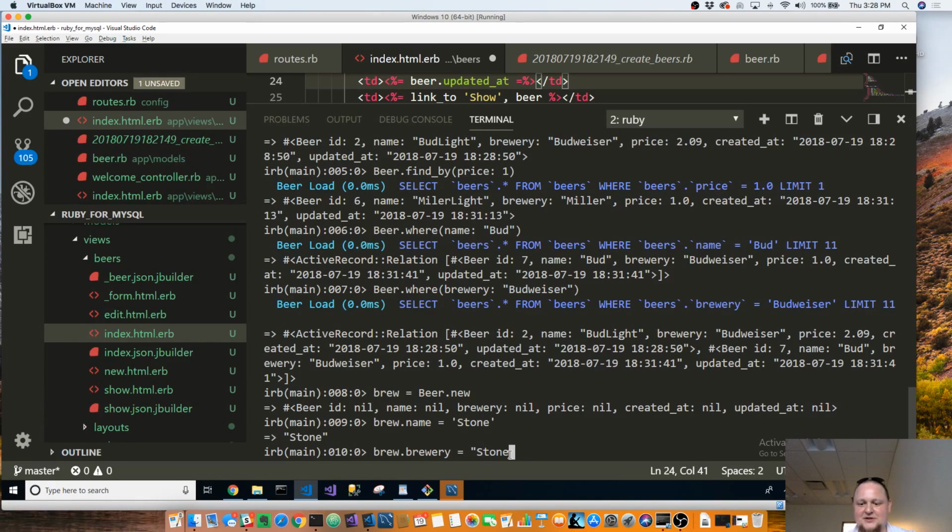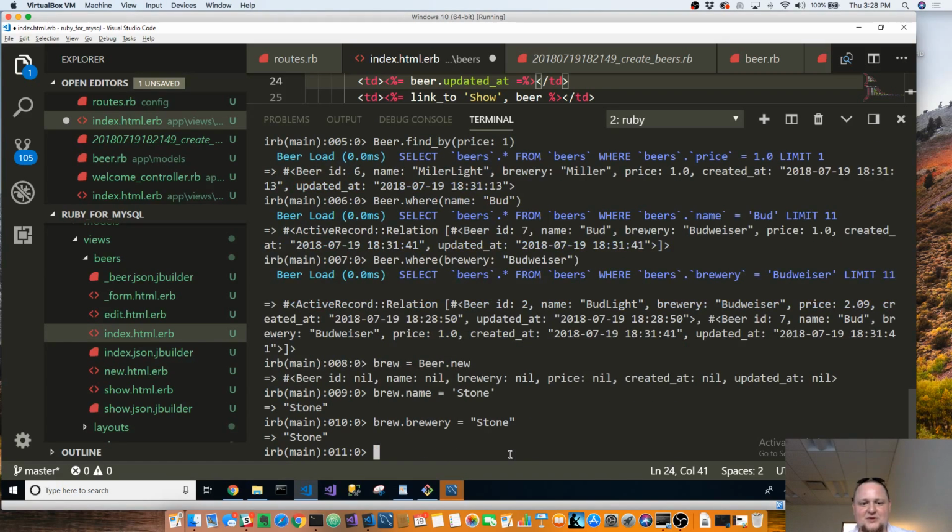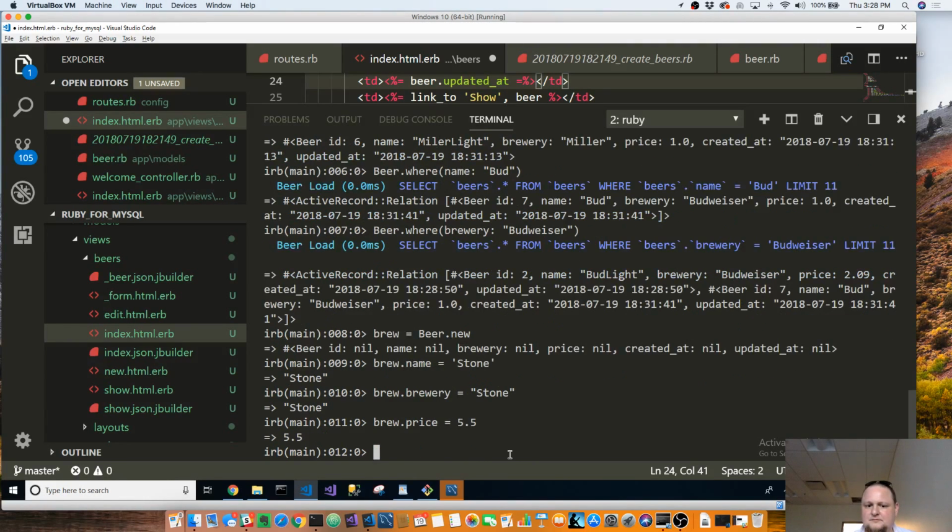So we're just going to do stone, and then we need a price. 550. So why did you put a single quote on? They're interchangeable for the most part, but if you ever do a string interpolation, you need to use double quotes, because single quotes take that string as is. All right, so do we have a new Brew